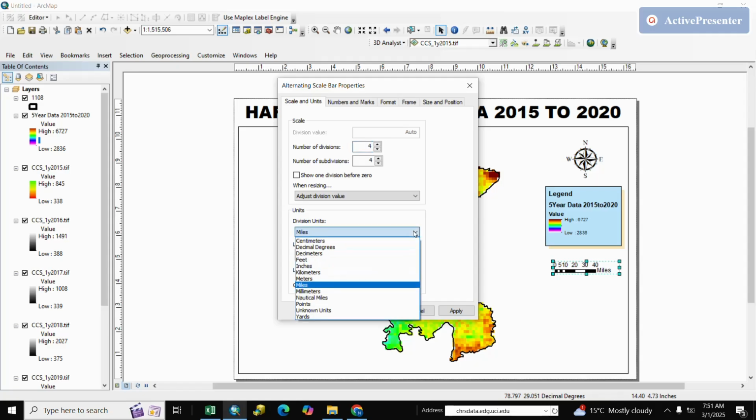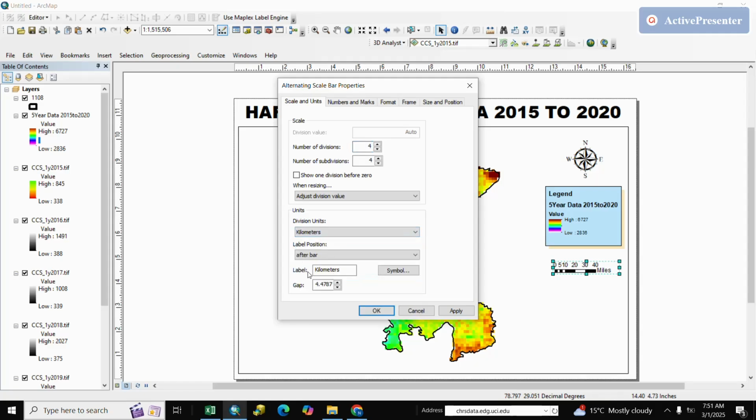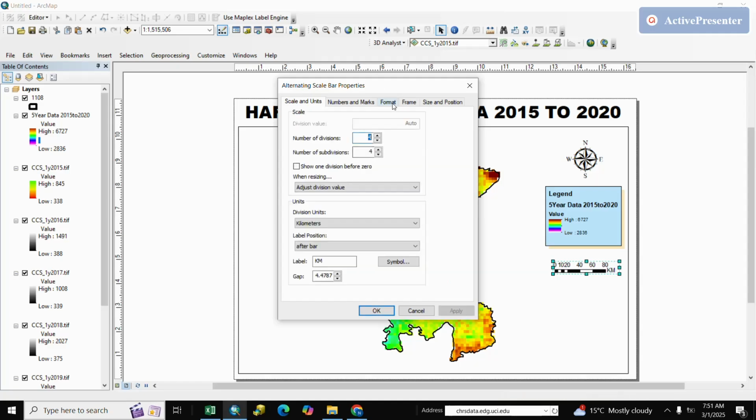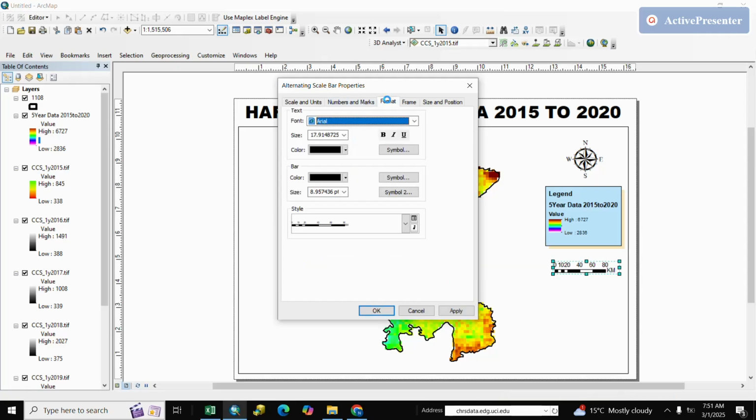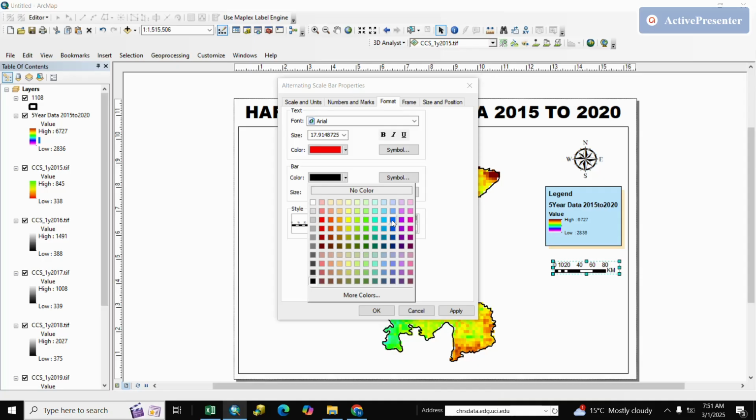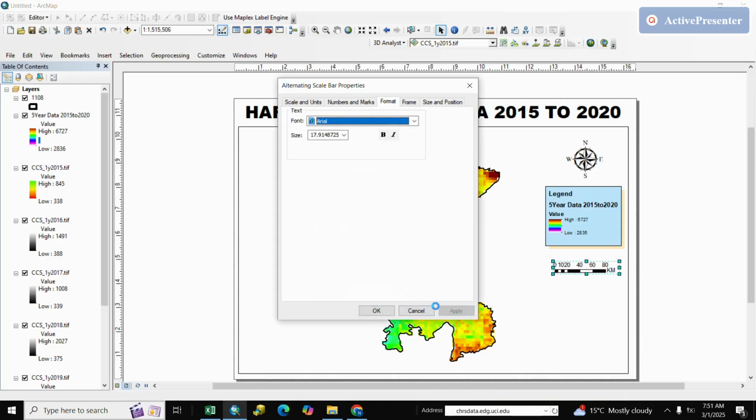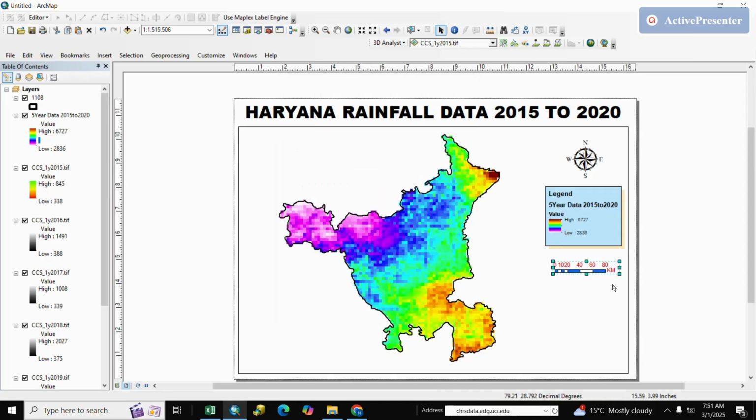If you want to change the unit, you select here unit, we select here kilometer, and we write in short km, apply. And if you want to format, change color, red, bar color blue, apply and OK.